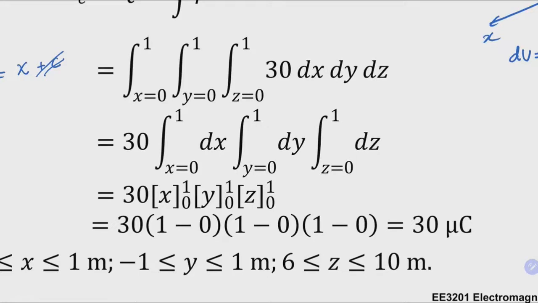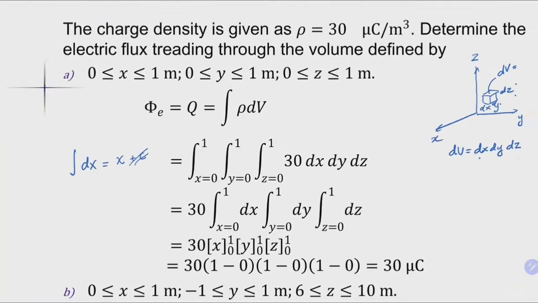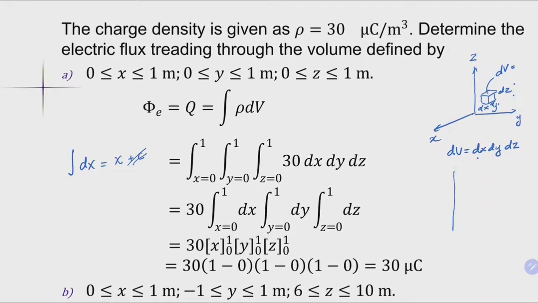And then you can substitute in the limit. That will be 1 minus 0 for x, 1 minus 0 for y, 1 minus 0 for z. And that gives us the same answer as the first one, which is 30 microcoulombs. Because if I were to draw this limit, 1, 1, and 1, this also gives me a cube